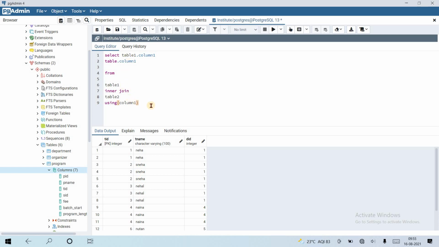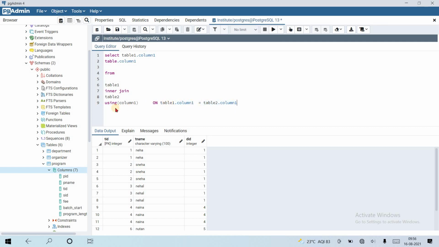So here, when we are using ON, we write table1.column1, that is the common column from table 1, equal to table2.column1, that is the same column from table 2, meaning the common column.